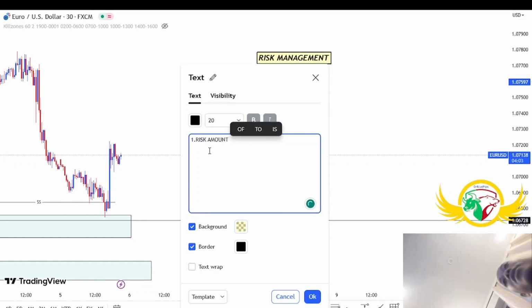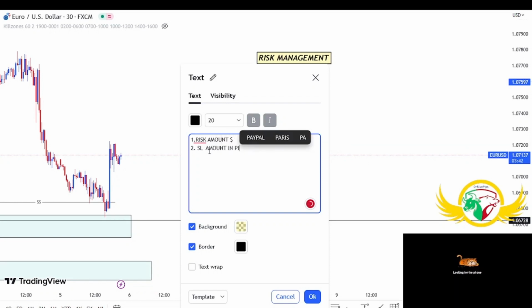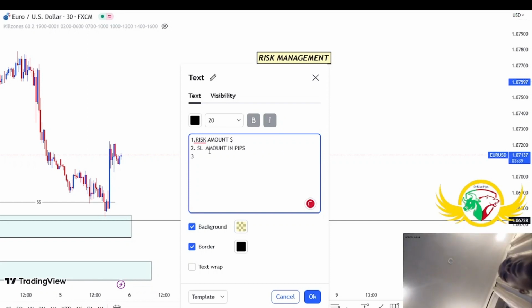This is in dollars. The second one is your stop loss. The third one